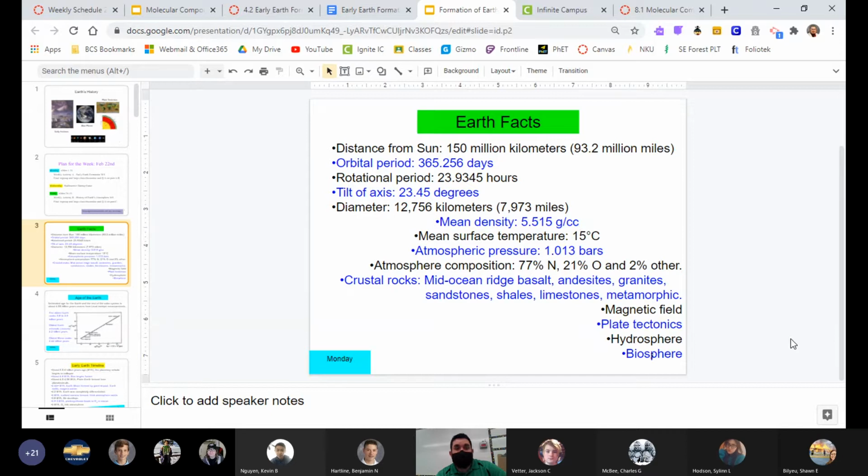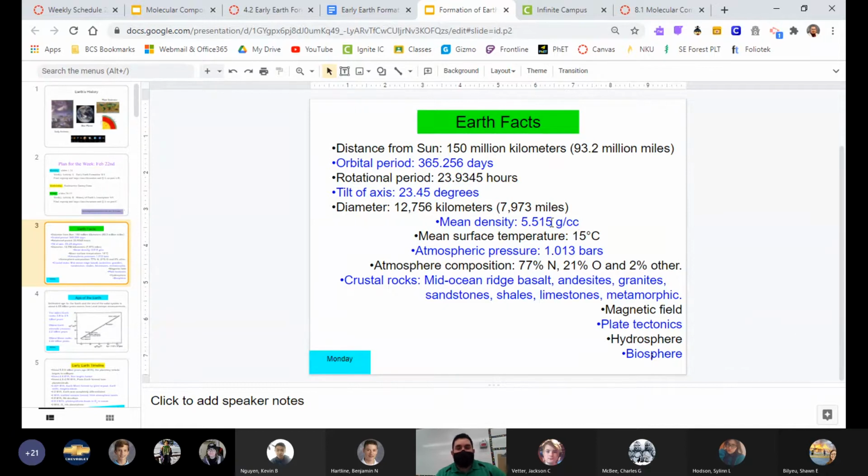The rotational period is almost 24 hours. It's not exact, and it's not always 24 hours. The time that it takes to rotate changes, and it is actually getting longer and longer as time goes on. But again, you're talking about a change over millions of years, the day getting longer and longer. So for us humans, it's not really a major factor that we need to worry about.